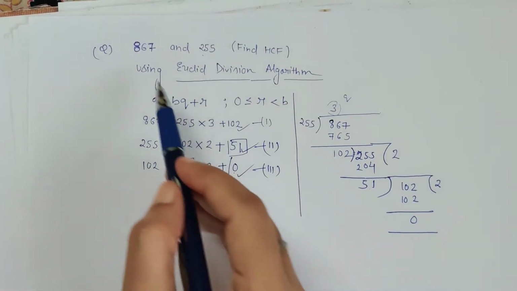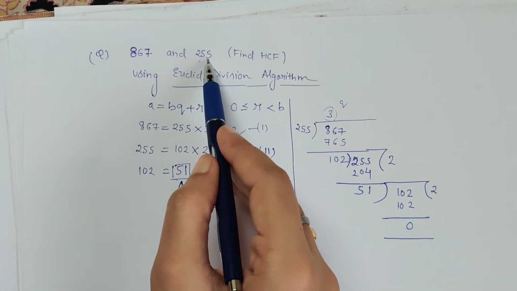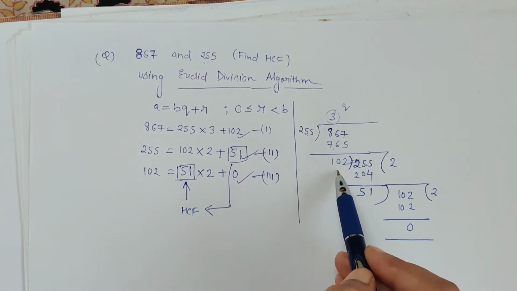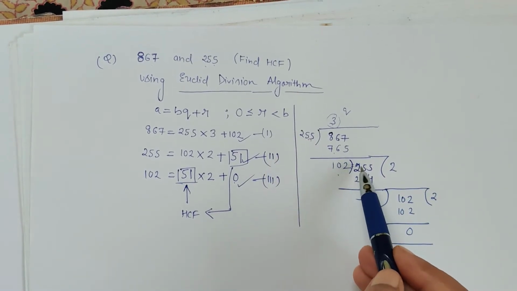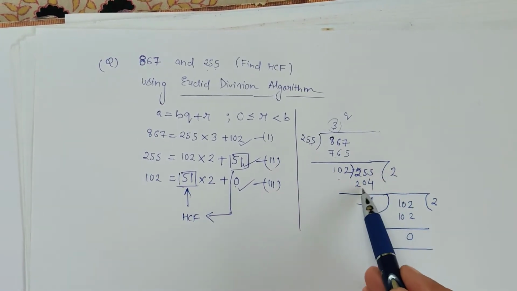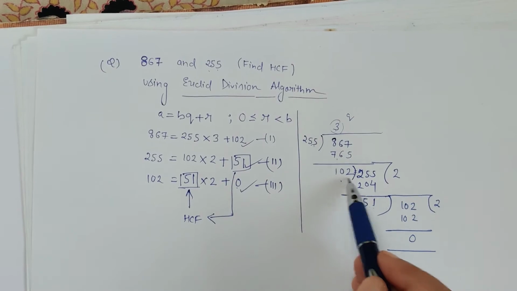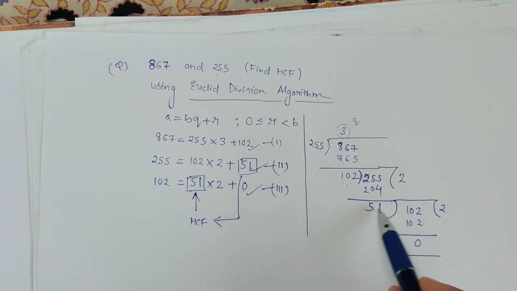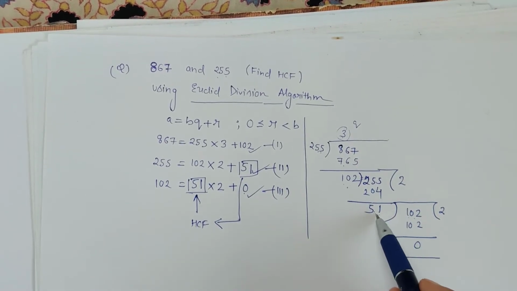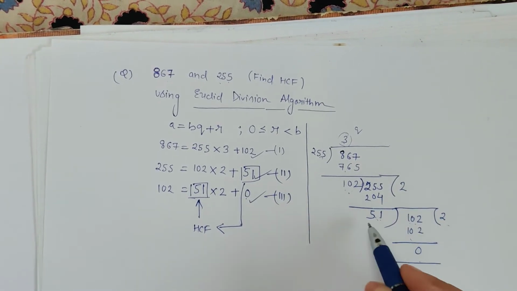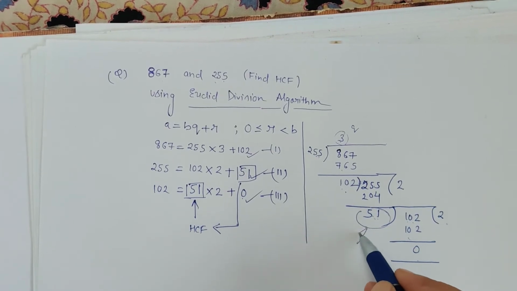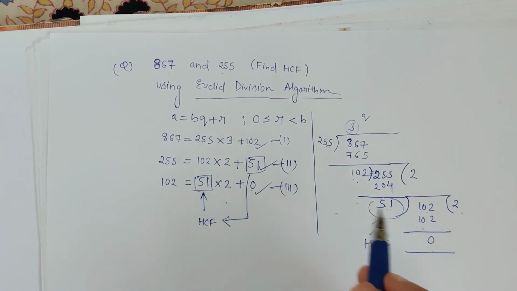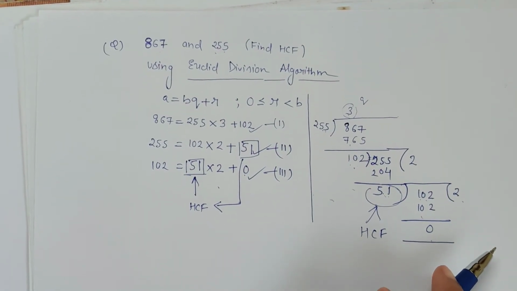We have simply written the greater number inside and we have divided by the smaller number, 255. 255 3s are 765, remainder is 102. Again divide 255 by 102, so 102 into 2 is 204, remainder is 51. Again divide 102 by the remainder we have got, and we have written 102, 51 2s are 102, 0. So this is our HCF. This is our HCF. So these are the two ways by which we can find the HCF using Euclid division